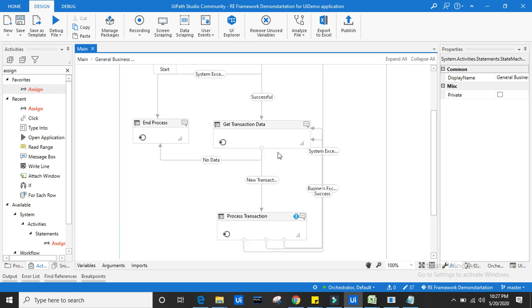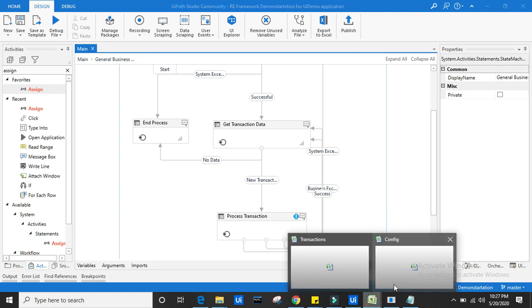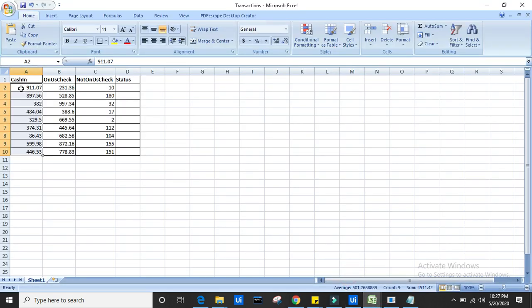One important thing is, if we want to get a new transaction, meaning the second data: the first data is the first transaction. If we are reading this and I want to get the next transaction, then it should go here, then fetch this as the third transaction, and this as the fourth transaction.